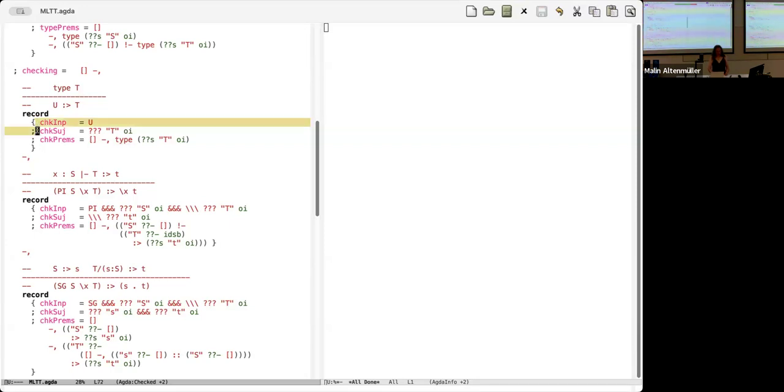High level, what I have to do now for each type checking rule is give a pattern for the input, which is the type that we're checking. And I have to give, as before, a pattern for the subject, the term being checked. And again, I have to give a list of premises. Same deal: any pattern variable from the subject pattern has to be checked in one of the premises.